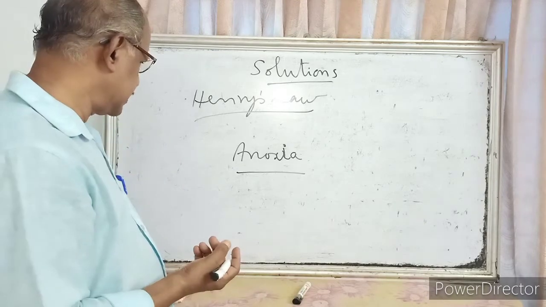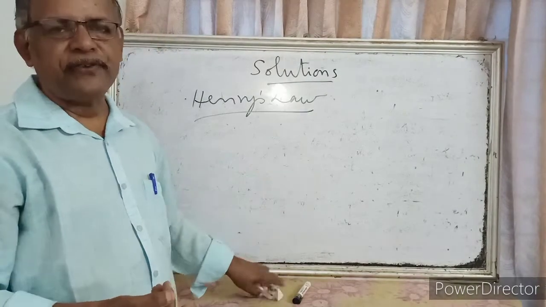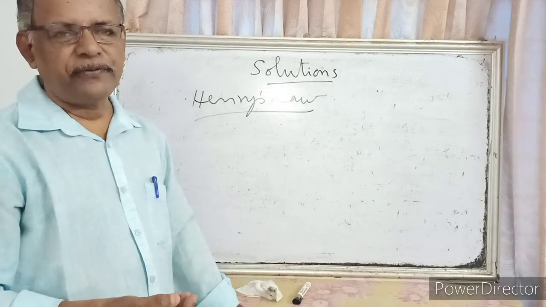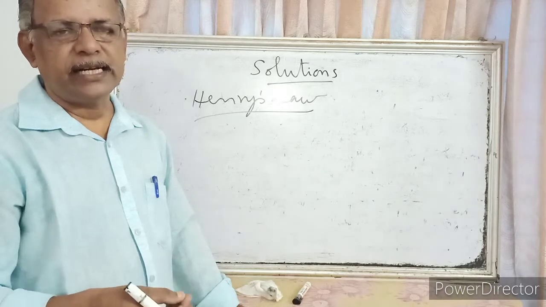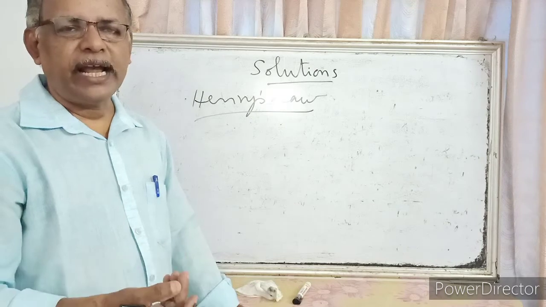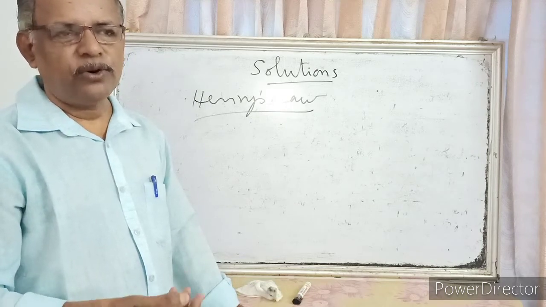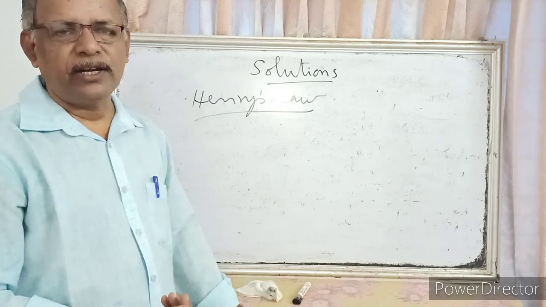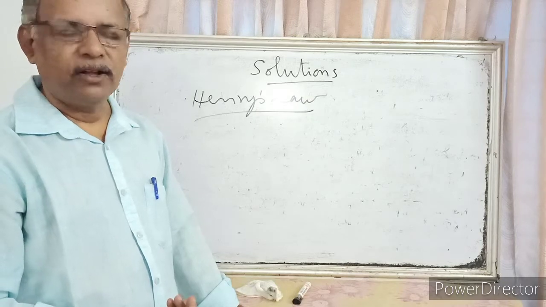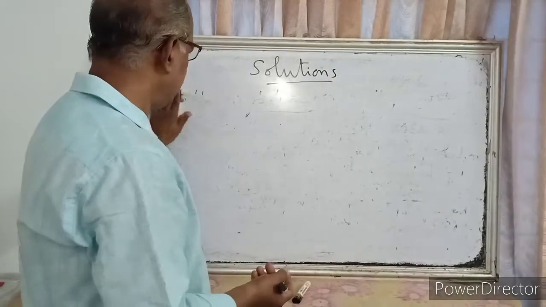So these are the applications. Again, one more. Aquatic life is comfortable at a very low temperature. Aquatic life means the creatures that live in water at a low temperature. More air will dissolve in water, so they get sufficient oxygen. So aquatic life is comfortable at a low temperature due to the availability of more air in water. So these are the applications of Henry's law.